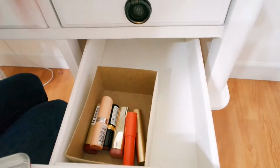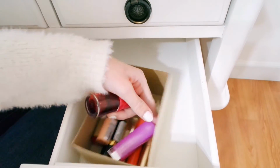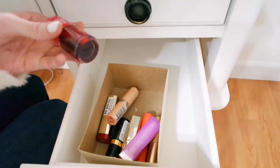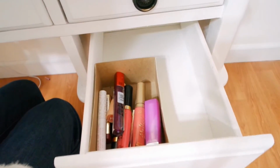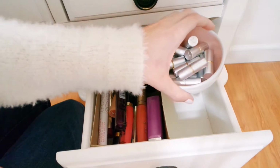Does this make sense? Like, why do I have a smaller box in a bigger box? You know what I mean? I don't know what I'm doing. But I mean, those actually fit nicely in there now. Like, that's fine. And then we can